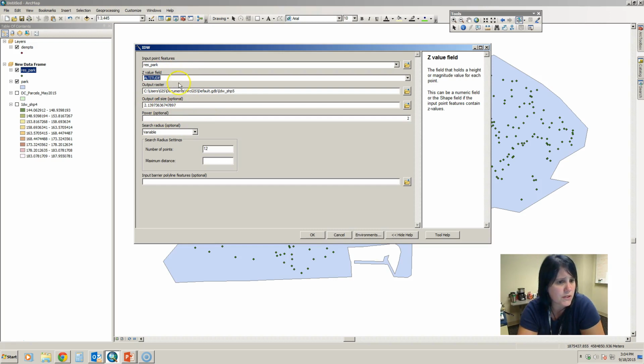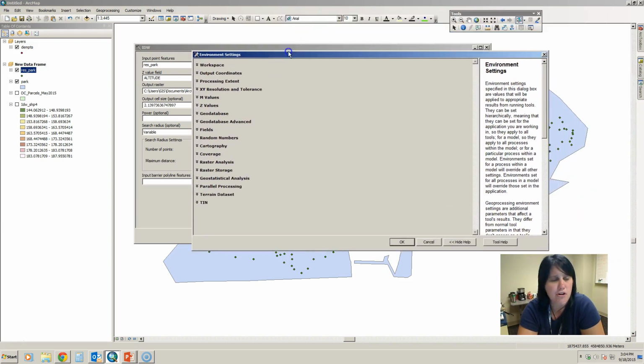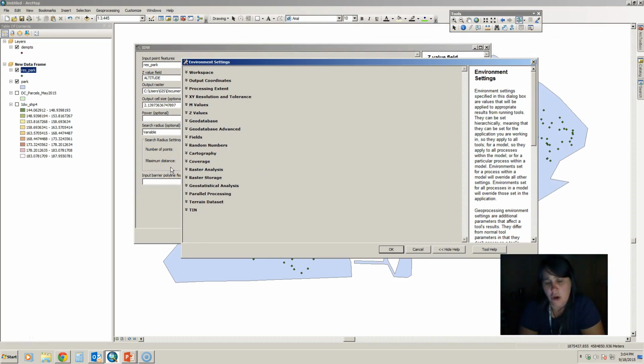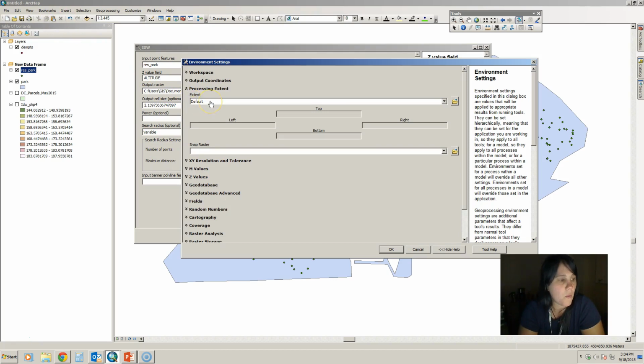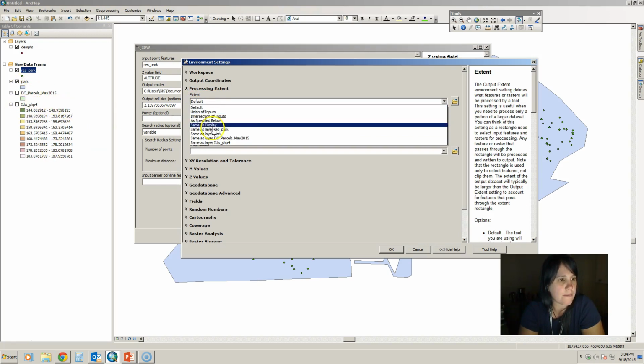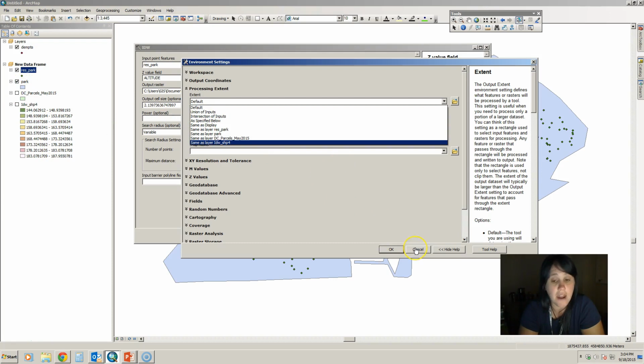So I'm going to keep the defaults here, and now I'm going to click on the Environments button, and this brings up our environment settings where we can actually do even a little bit more with this. For those of you in intro, you probably never really played with this. For those that were in remote sensing, you may have seen this before, but if we hit on Processing Extent, we want this to create a raster based on the boundary of our park,